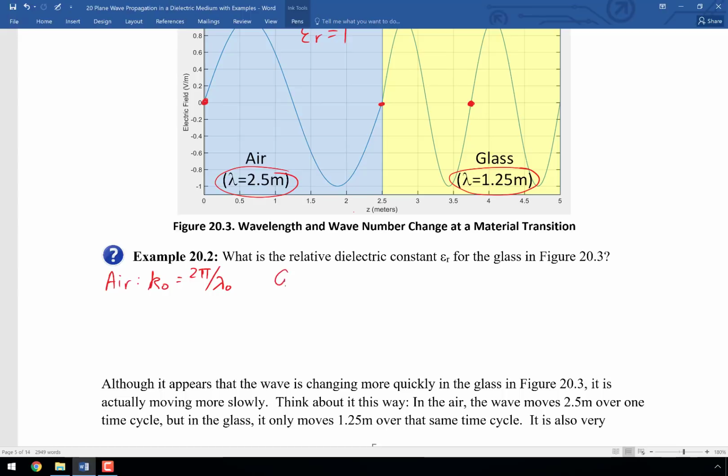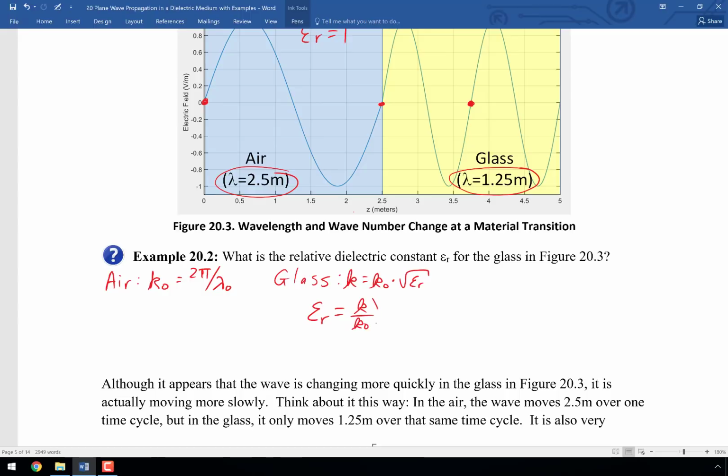And then let's consider glass. In glass, we know that k is equal to k sub 0 times the square root of epsilon r. So we can actually solve that equation for epsilon r. Epsilon r of glass, of course, is equal to